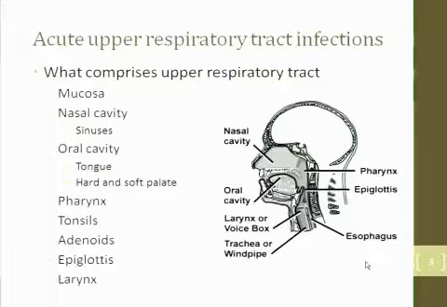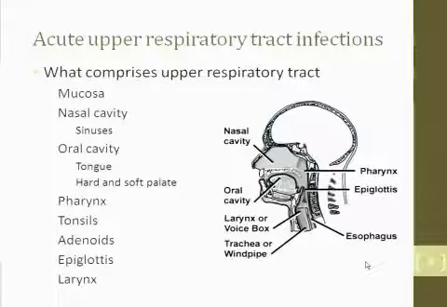Acute upper respiratory tract infections are something you're going to meet up with. Okay, an acute upper respiratory tract infection basically comprises any portion of the upper respiratory tract mucosa, including nasal cavities, sinuses, okay, oral cavity, including tongue, hard and soft palate. You can also involve the pharynx, tonsils, adenoids, epiglottis, or larynx. Each one of these, if you have an upper respiratory tract infection, may lead to inflammation and may lead to